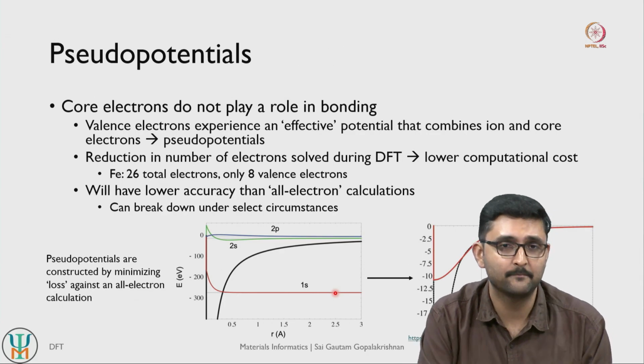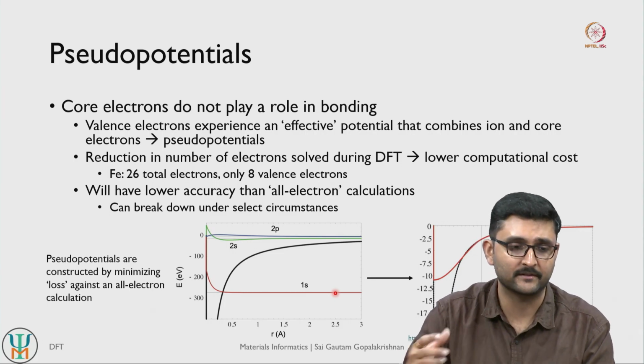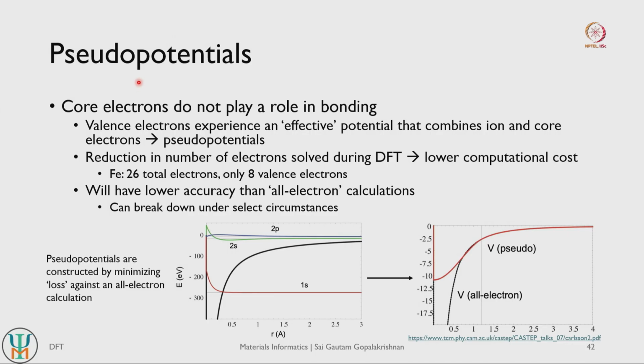Okay. The other important aspect to note when you do density functional theory calculations is the idea of pseudopotentials. The main thing to note is that any atom or any system has a set of core electrons and a set of valence electrons. If you take the case of iron, for example, iron has 26 electrons in total, 18 of them are core electrons. Up to the argon shell, the 3p shell, everything is core electron, and the valence electrons are 4s2 and 3d6, so 8 electrons are valence electrons.